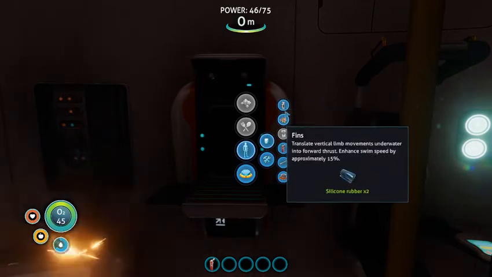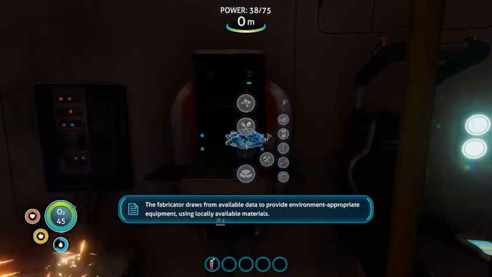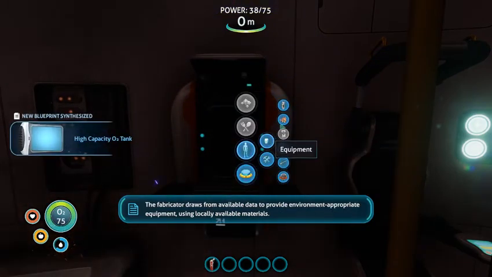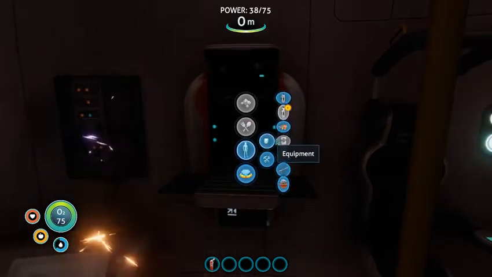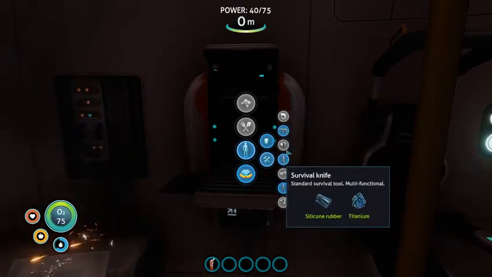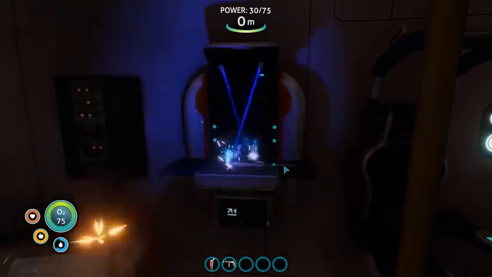And now with these you can make your standard survival kits. These fins help you with movement speed, and the O2 gives you more oxygen. So I have a minute of oxygen. And right here, when it says blueprint synthesize, I can now make better oxygen tanks. It adds on, so it's pretty useful. The repair tool is one of the main things you need, so you can repair anything. And the flashlight, so you can...